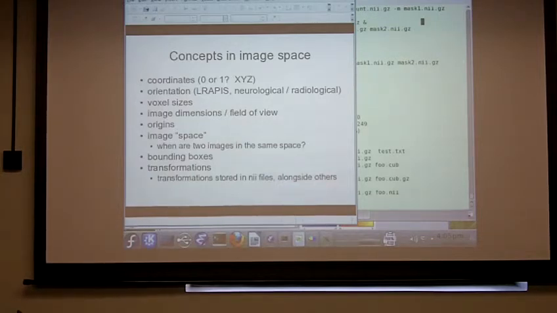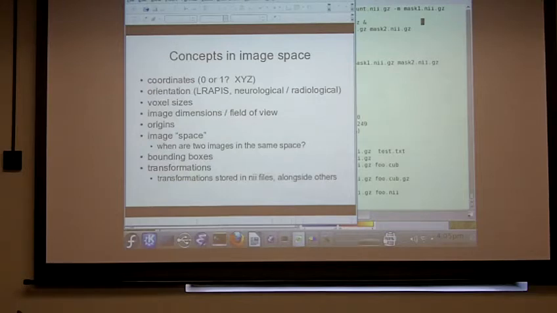There's probably some technical name for it that I've never heard. And this just really has to do with the way the data are stored in the file. The X, Y, and Z coordinates don't have any correspondence to anything in the real world. So it could be that the X-axis is left-right. The X-axis could be